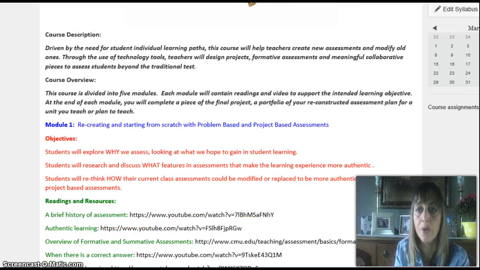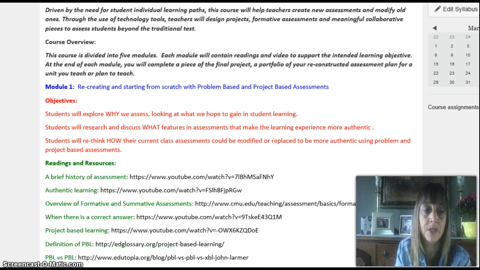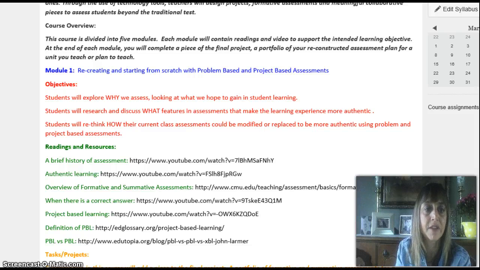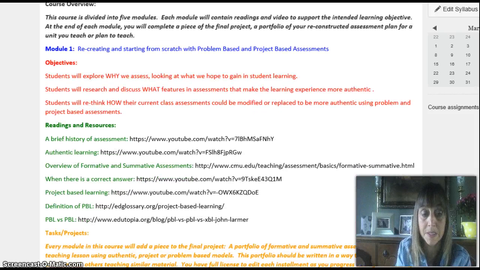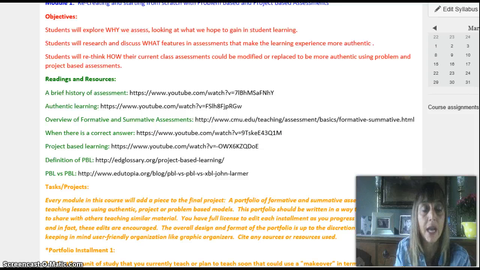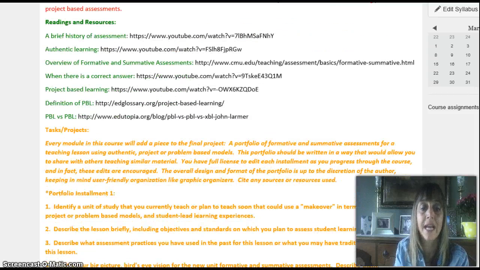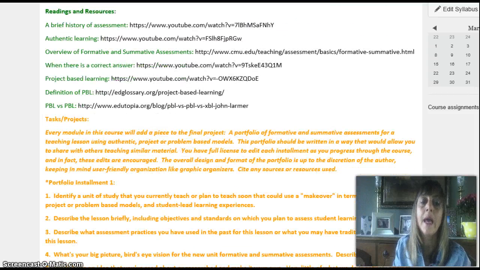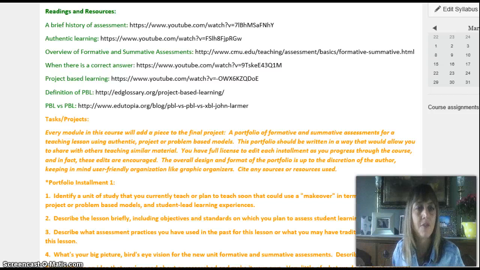the course overview. We have 5 modules here, just as was mentioned on the intro screen. Each module is led by objectives. All the objectives will then be followed by readings and resources, and at the end of each module, we'll have a task or project that is ungraded, but will eventually roll into a final portfolio. It's explained here, but let me just give you the big picture of where